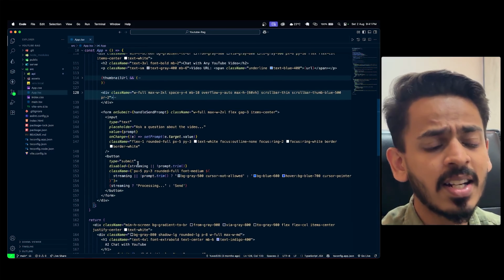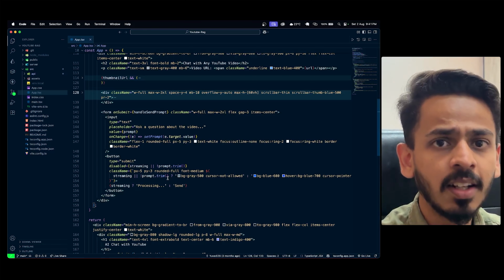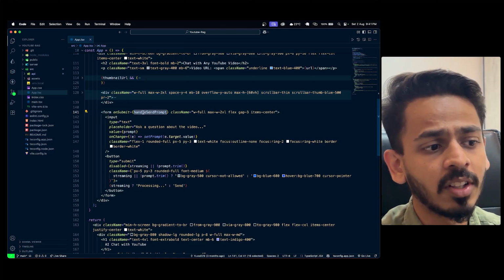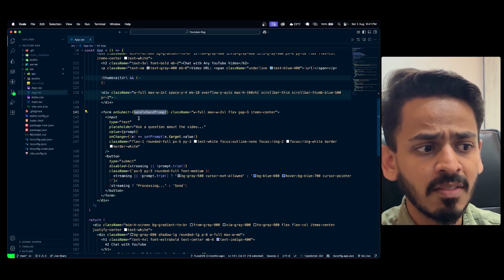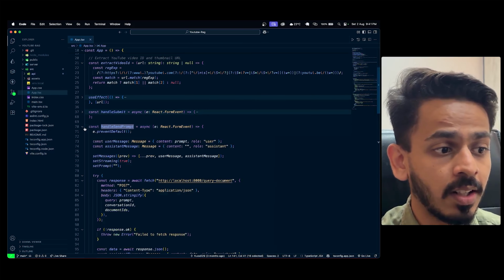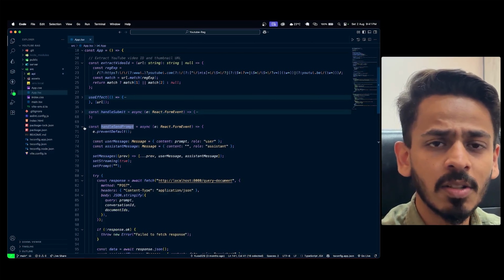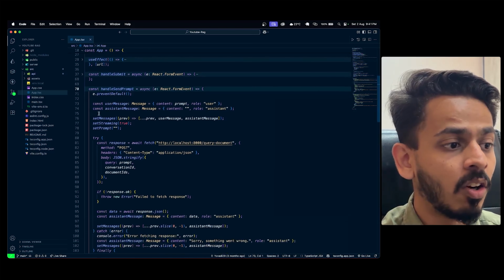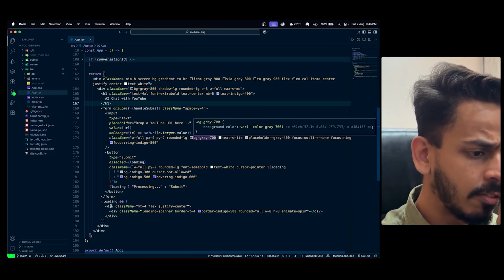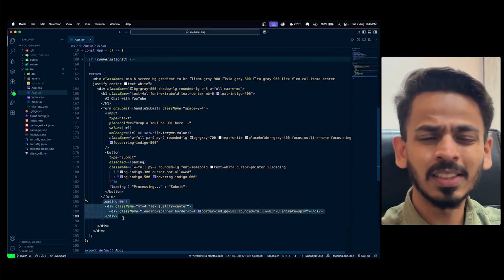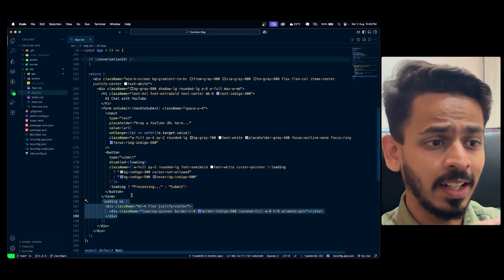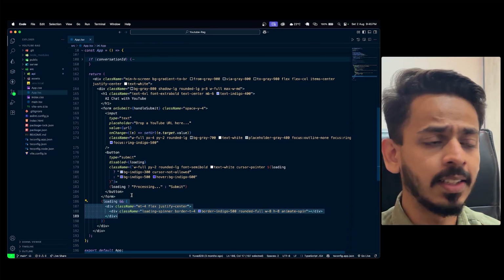After that, we will have a send button. When you click on enter, it will send and show that it is processing. On the form that we have here, we have put an on submit function, which will handle the send prompt that we created over here. In other terms, it is querying the LLM model or the RAG model. Once we are ready with that, we have a loading symbol, just a basic spinner right here. So this is the end part that we did to query the entire thing.